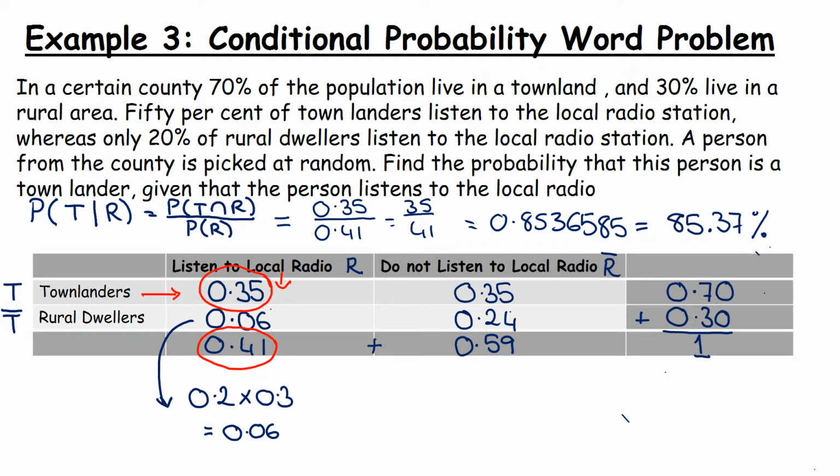So we have townlanders, which we'll call T, and we'll call rural people T with a line over it, so not townlanders. The only reason I'm going to use T with a line rather than R is so we don't get confused with radio. So listen to the radio, we'll say, is R, and do not listen to the radio is R with a line over it. Now, I know that the total